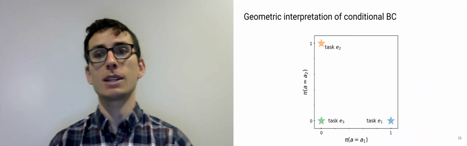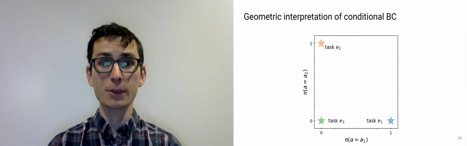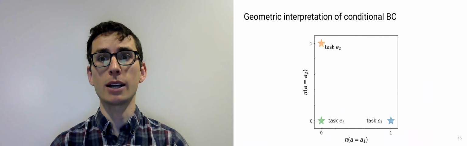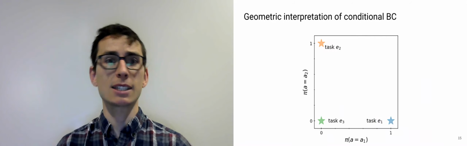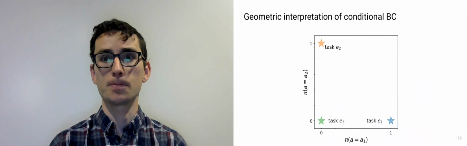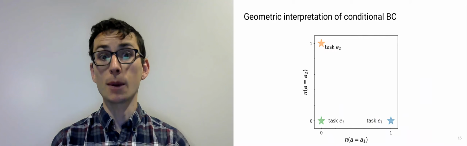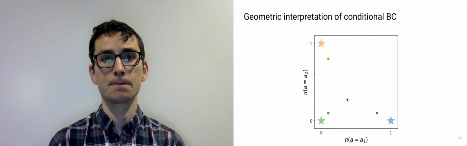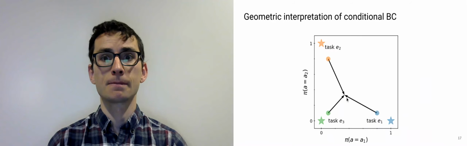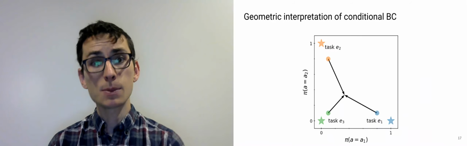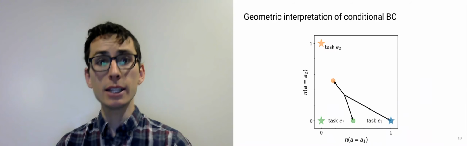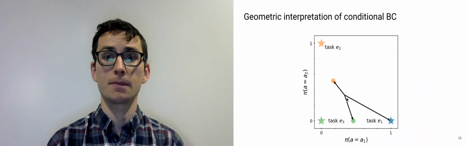There's a nice geometric interpretation of what's going on. Let's think about a different setting where we have 3 tasks and 3 actions, so each policy can be plotted as a point here, where the x-axis is the probability of sampling action 1 and the y-axis is the probability of sampling action 2. The stars denote the optimal policies for the 3 tasks. I'll randomly initialize the policies. The averaging step will bring these policies all together, and the improvement step will pull them away from each other, drawing each closer towards its optimal policy.